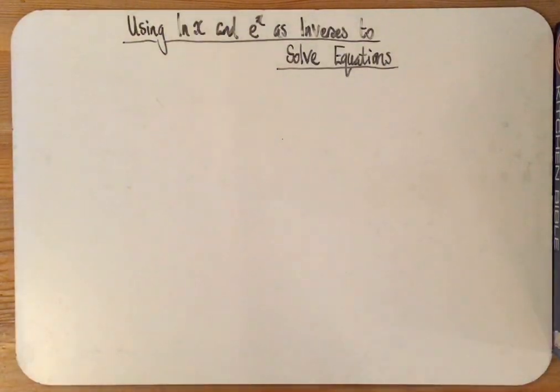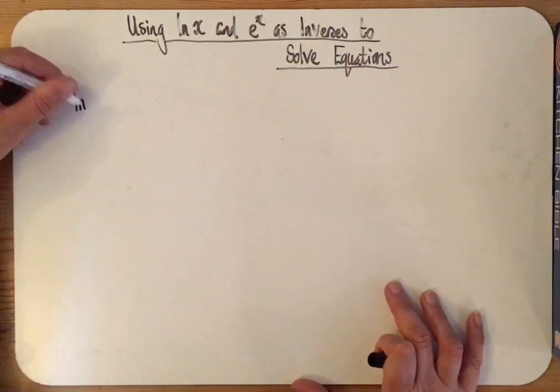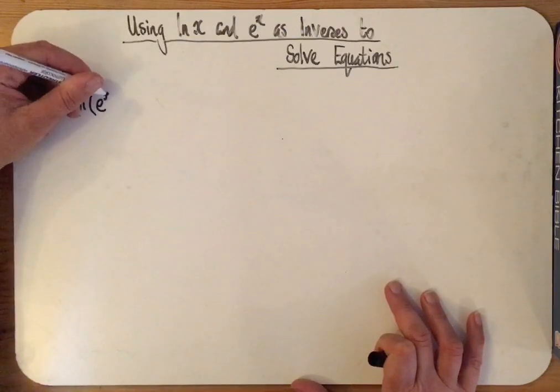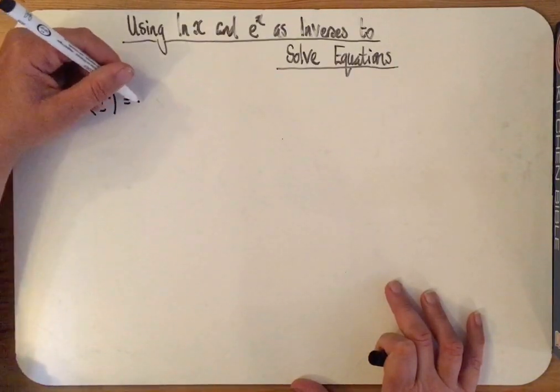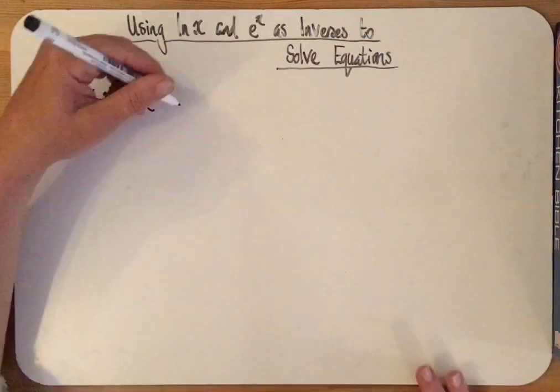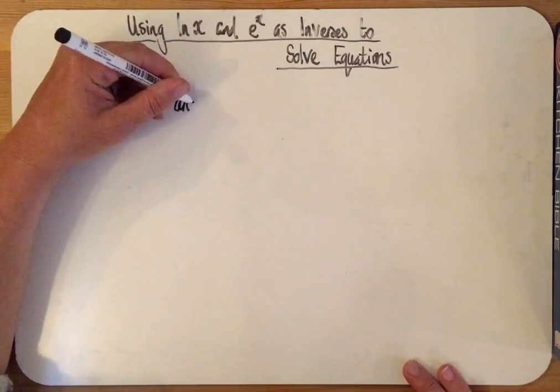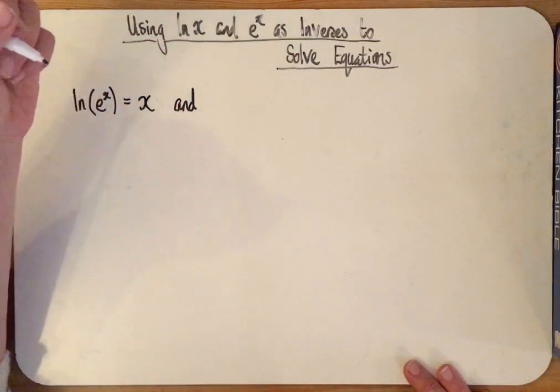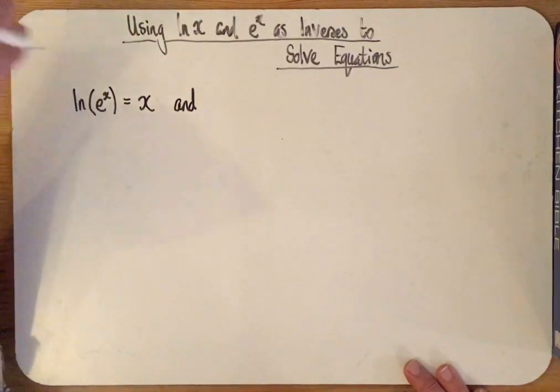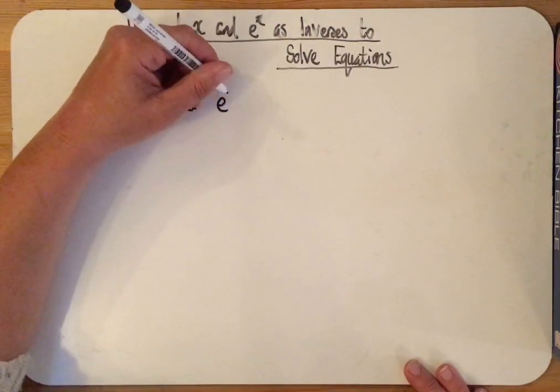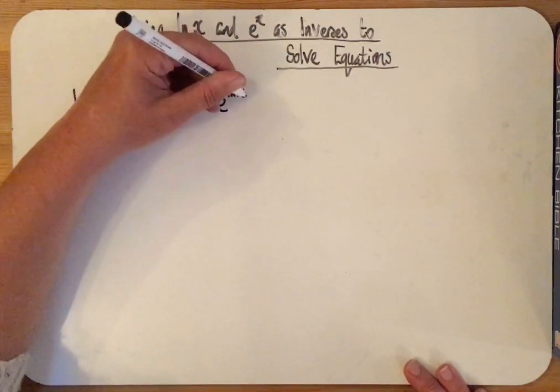Okay, so we established last lesson that ln x and e to the x are inverses of each other. So that means if you apply e to the x and then ln, you will end up where you started at x. So i.e. ln of e to the power x equals x. And similarly, if you do ln of x and then do e to the power of ln x, you will also